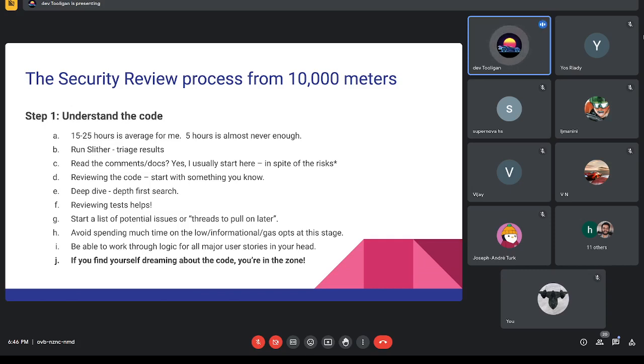So like you could say, oh, show me all the external functions that don't have an onlyOwner modifier or something like that. There's a lot of different things you could do with the printers. So I really like the printers. And also, actually, I find that triaging the initial Slither results is a nice little introduction to the code base, because